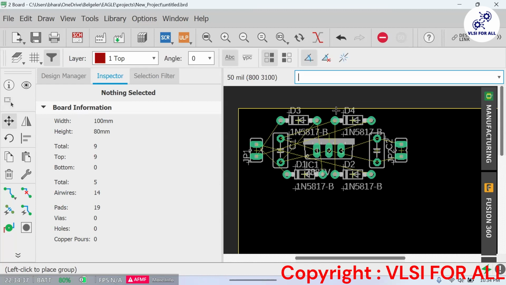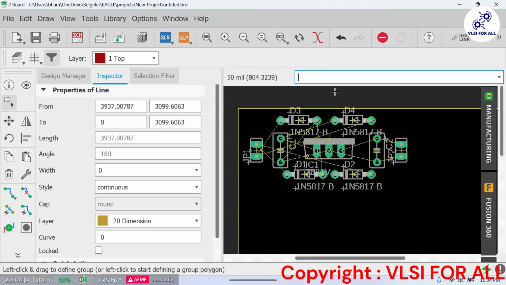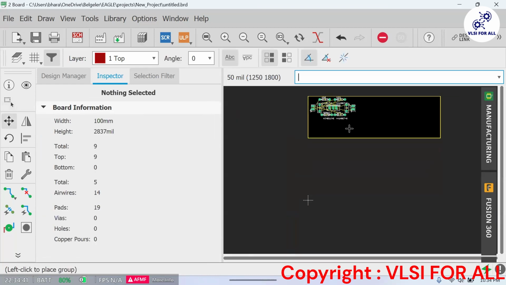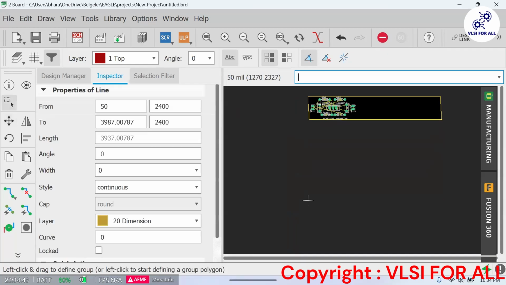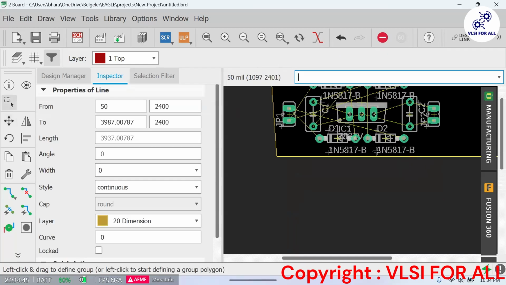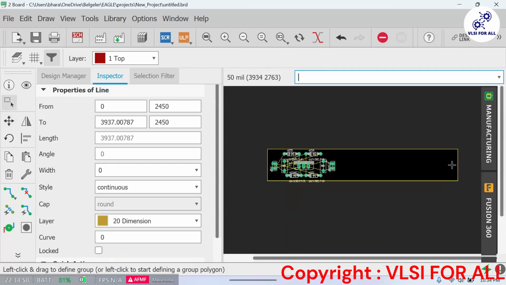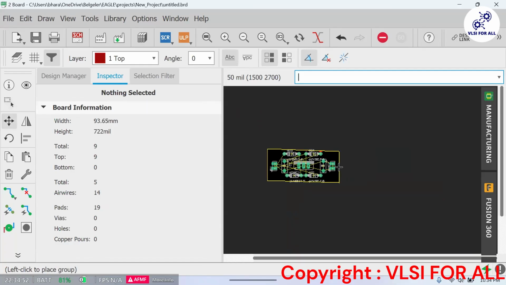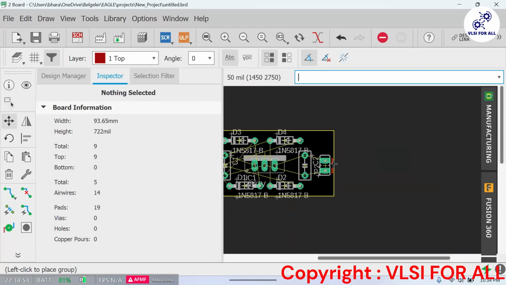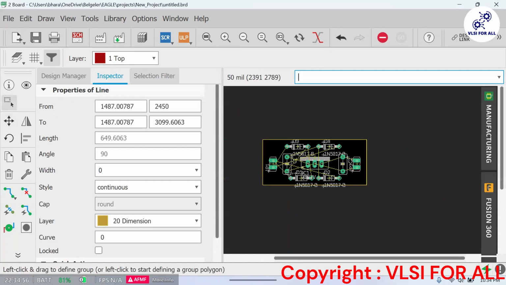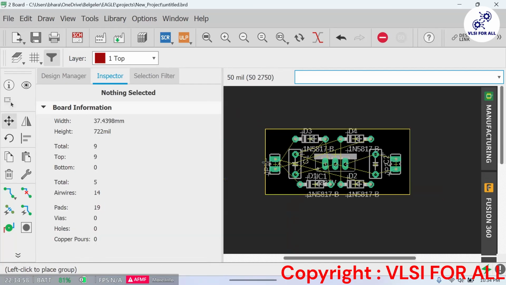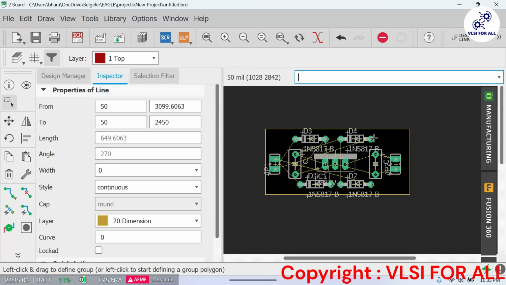Then we will try to gather these connections properly so that we have ample space to go for. Then we will try to put them somewhere here, and this one also at this level.